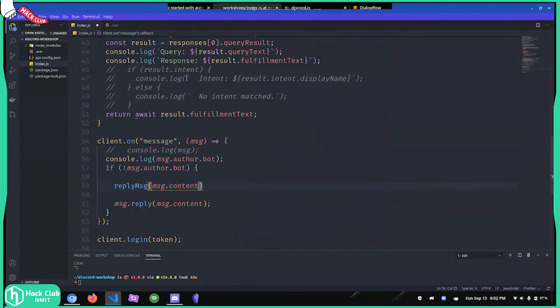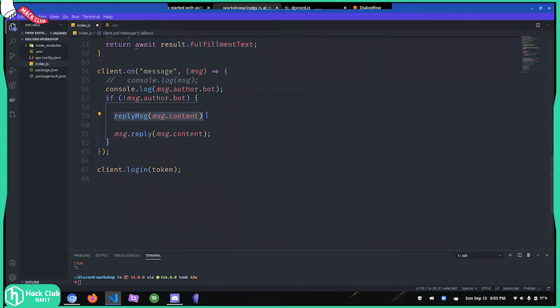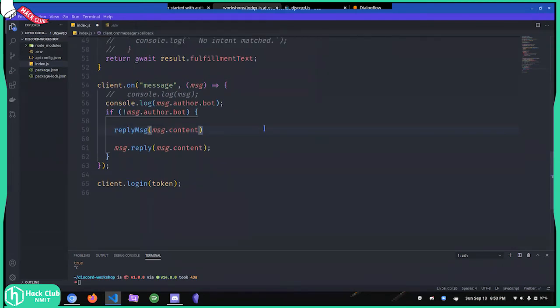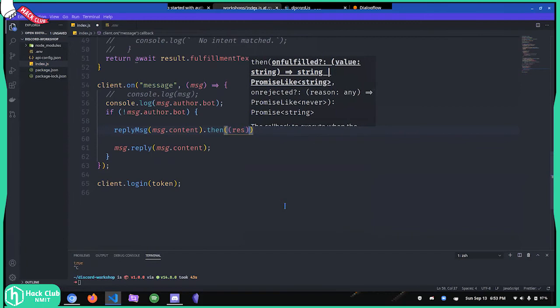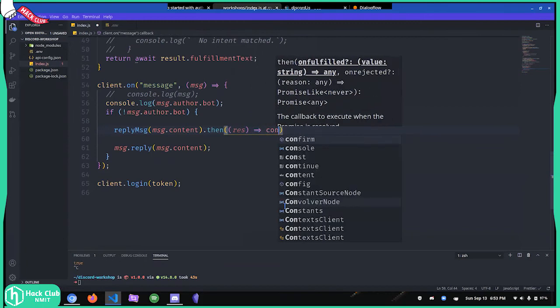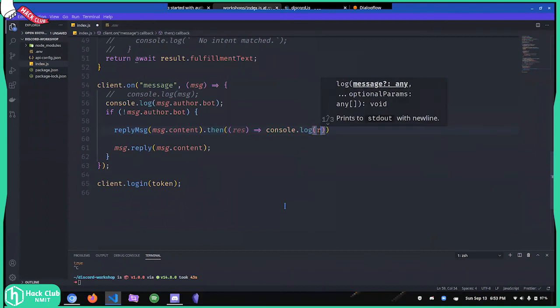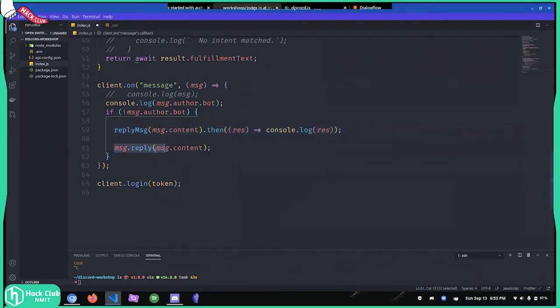It's going to ask Dialogflow for all these things, and once it actually gets the fulfillment text, we can send that to the user instead of sending something else. Because it's asynchronous, you have to use a dot then notation, or from what I found out. So you can write dot then, and inside this you have to get whatever is being returned. I'm going to call that result, res, and with that result I'm just going to console.log, which is basically print in JavaScript. I'm just going to print the result, nothing else. Right now I'm not passing it back to the user, I'm just printing it, and the user as usual is going to get what he actually asked for.